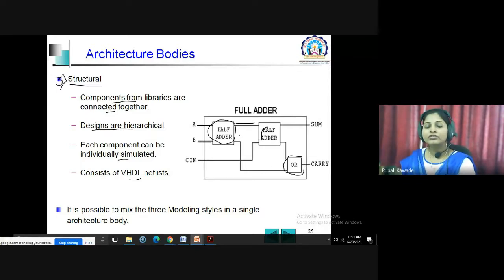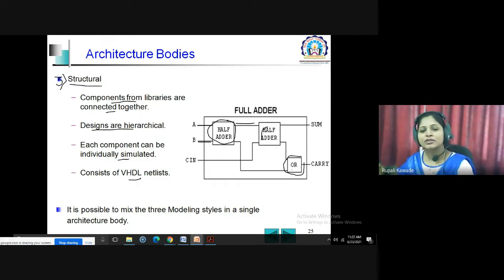So this kind of interconnection will be done by the next level designer, and this will form your complete design, which is a kind of hierarchical design. Initially you design lower level modules. I will design an OR gate, I will design a half adder, and then I will make its interconnections. So that is the structural or hierarchical design, where we generally use pre-compiled design units and perform its interconnections. That is the structural design.